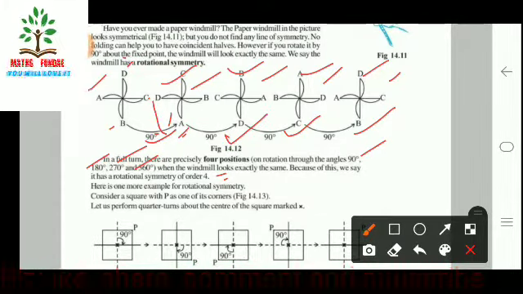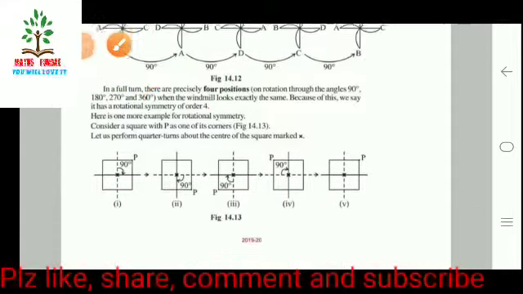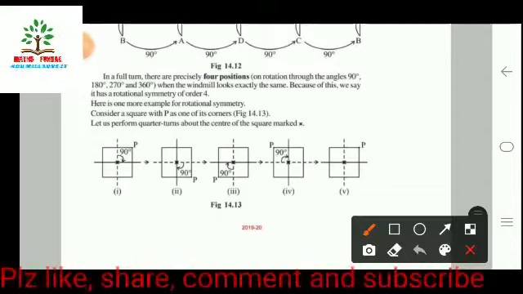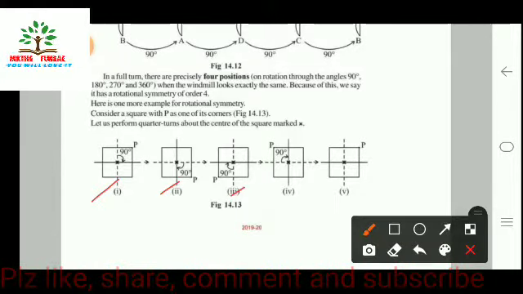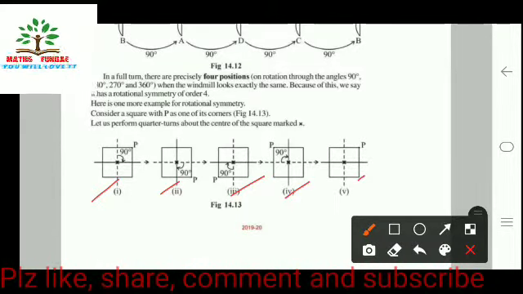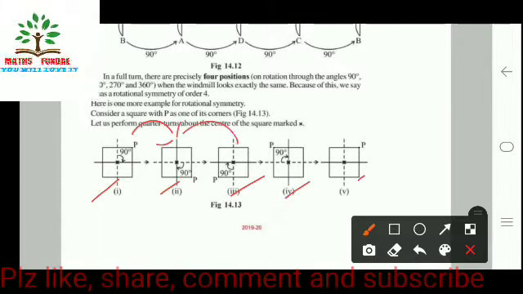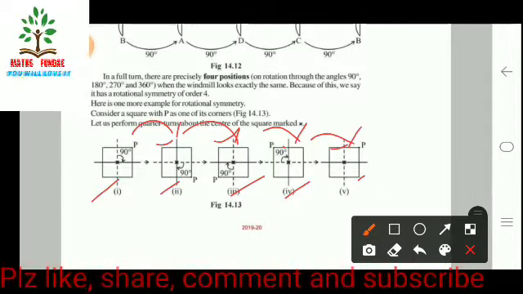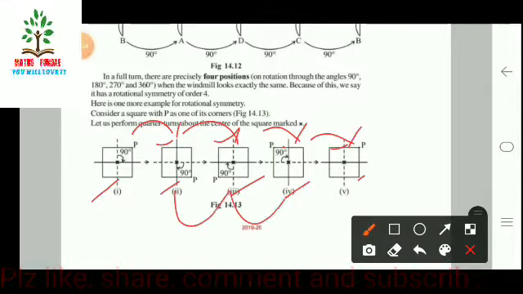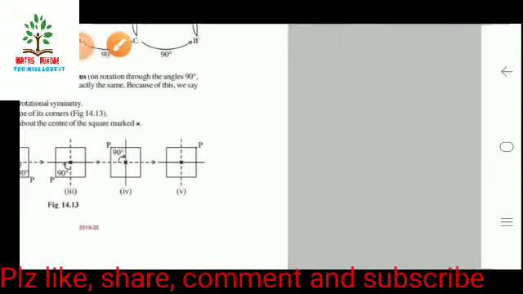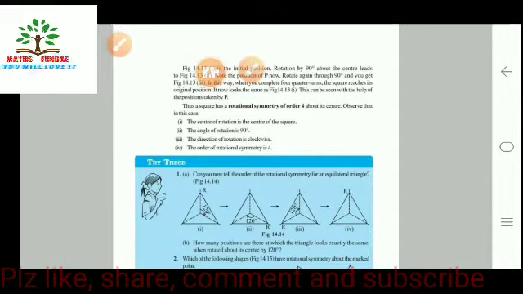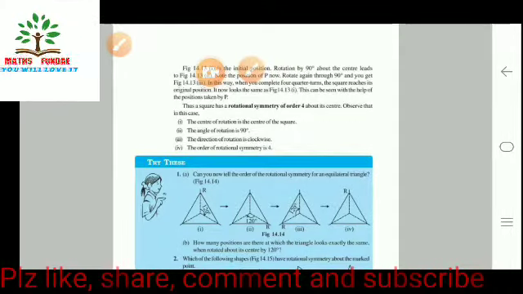So here is one more example. If you see here, now looking at this square, this is the first, second, third, fourth, fifth. It means if we rotate it by 90 degree, again by 90, again by 90, again by 90, it's symmetrical. And how many times are we rotating? 1, 2, 3, 4 times. So order is here 4. So this is clear. That is, the square has a rotation symmetry of order 4.